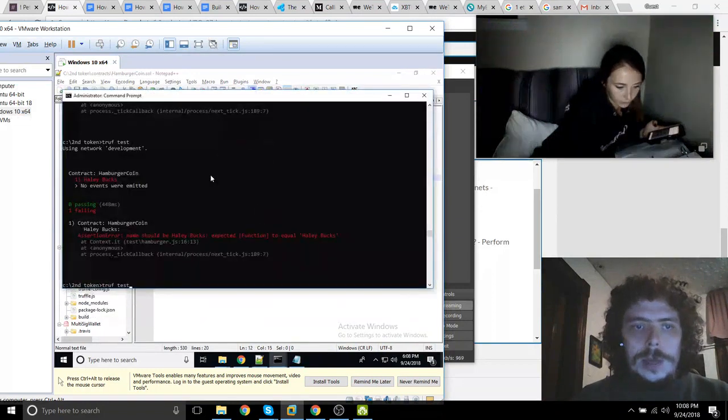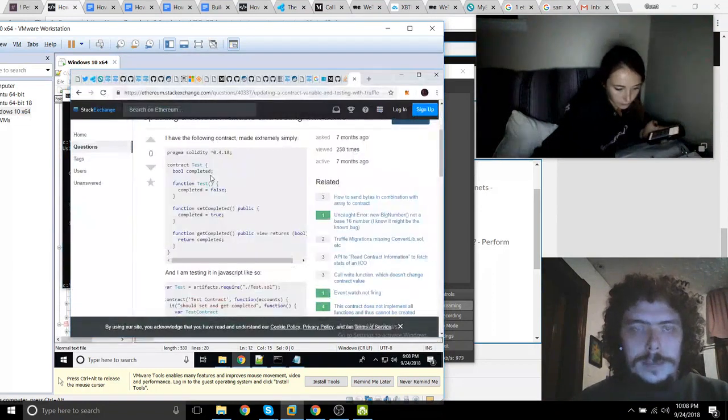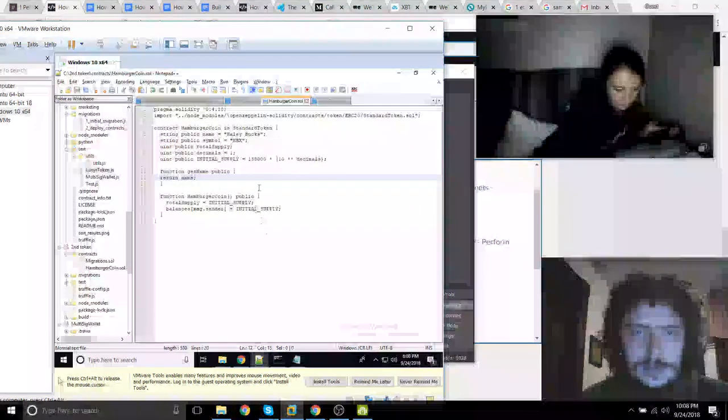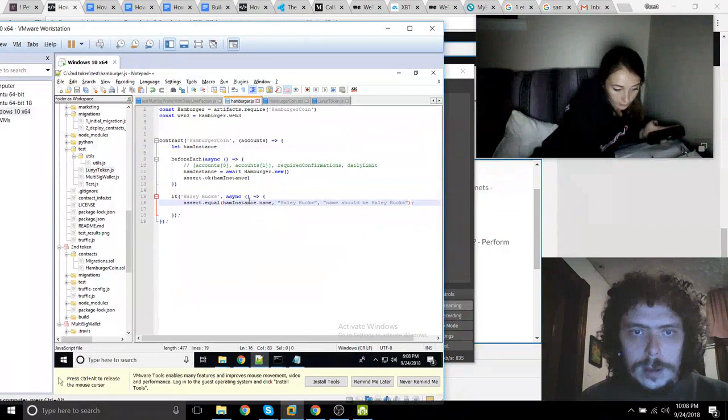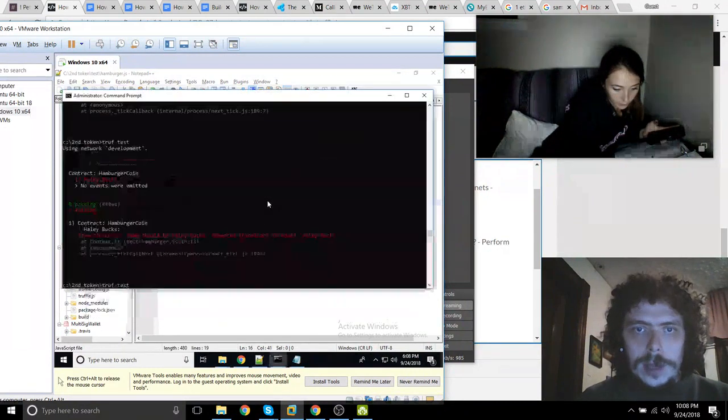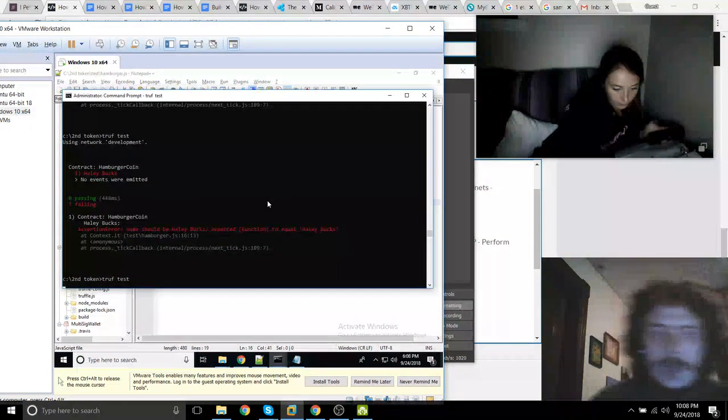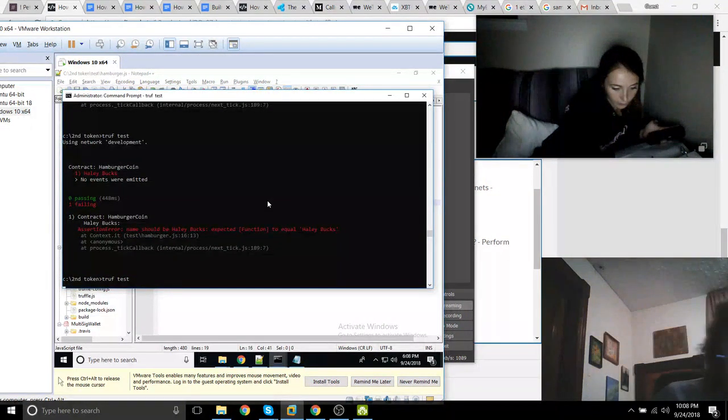So getter and setter functions allow us to get and set variables within an instance of a smart contract. So now if I call the get name function using my test, it should return the name Haley Bucks using this test.